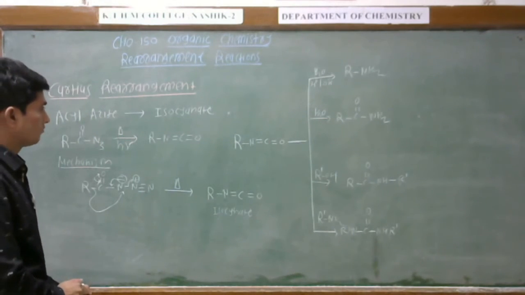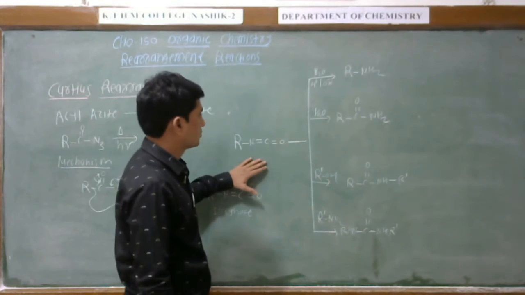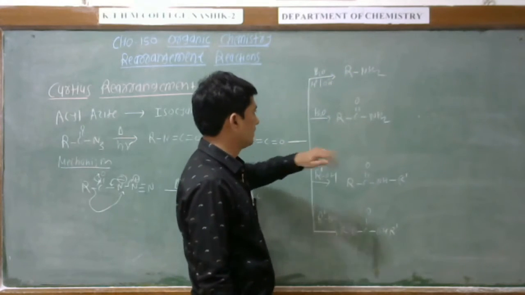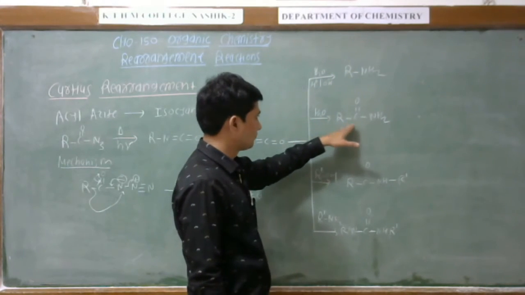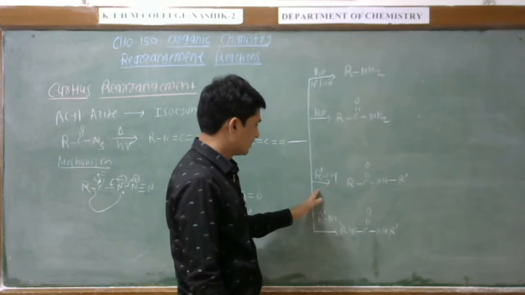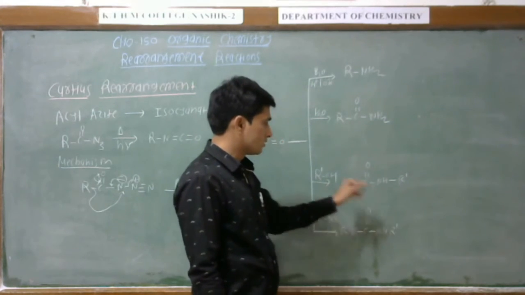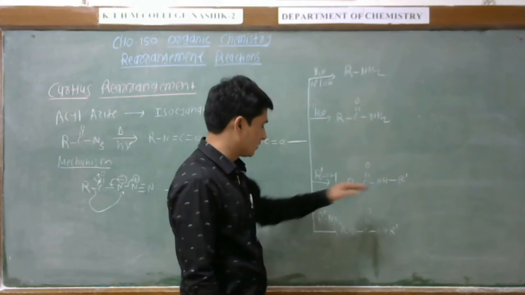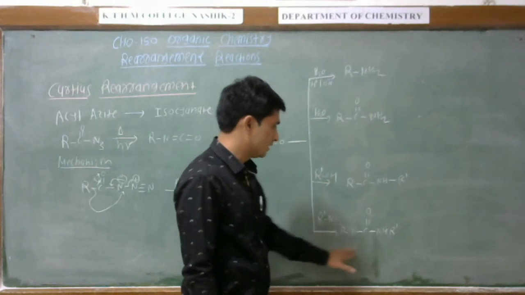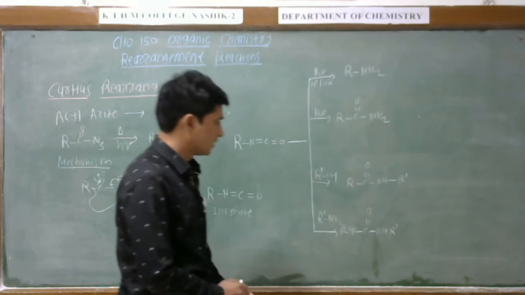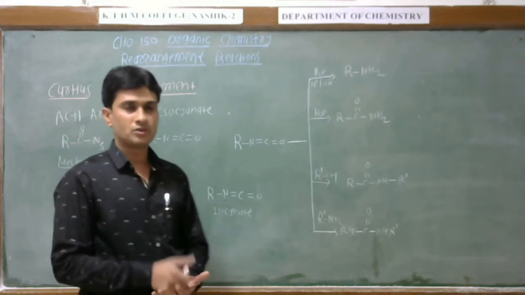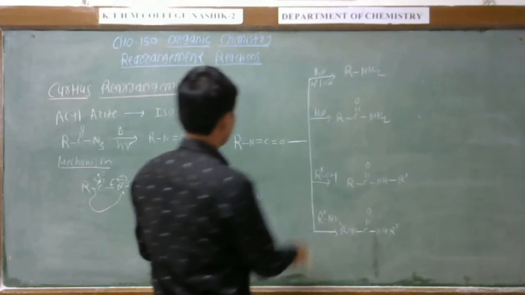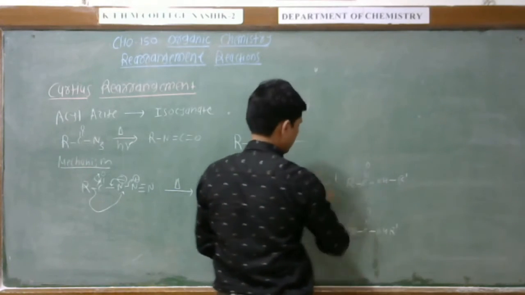In a simple way, we can make reactive compounds from this isocyanate. When isocyanate reacts with water in the presence of acid or base, it gives us the amine. When it reacts with alcohol, it gives the substituted amide, that is the carbamate. And when it reacts with the primary amine, it gives the derivatives of urea, or we can say the substituted urea. Let us discuss here the mechanism from isocyanate to amines.